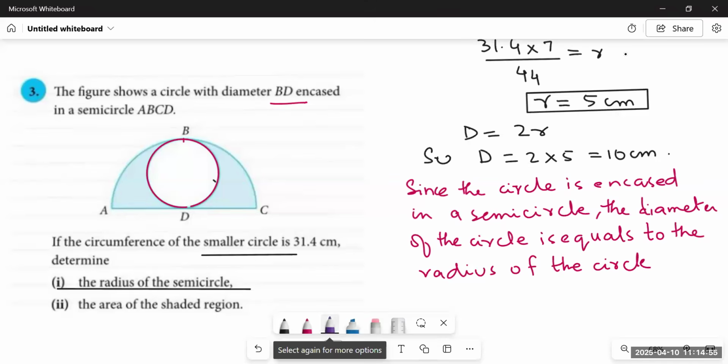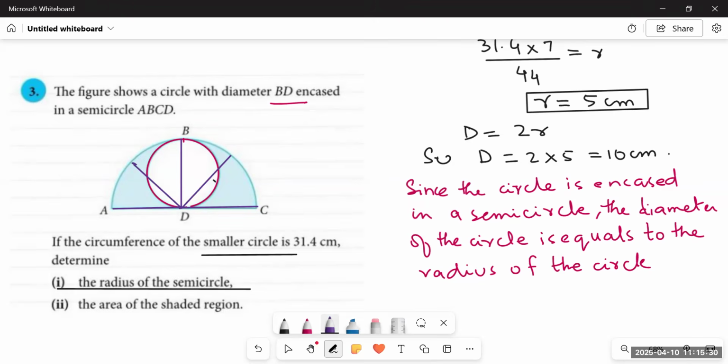You see, students, this is the center of the semicircle. And if you draw a line to the edge of this circle and the edge of the semicircle, both are similar. So this would be the diameter for the circle, but would be the radius for the semicircle, because when you draw a line from the center to any point, you will find the same length. You see, all of these are the radii of this semicircle. So we can say that the radius of this semicircle is also the diameter of the circle.